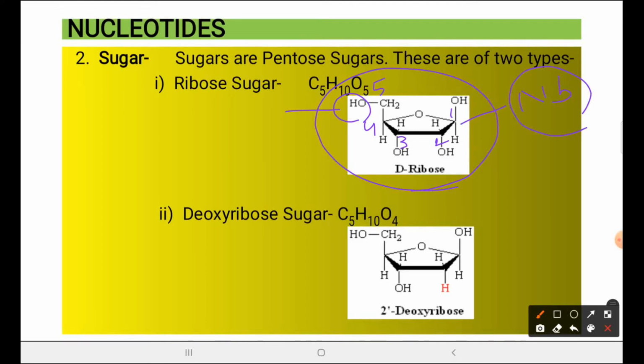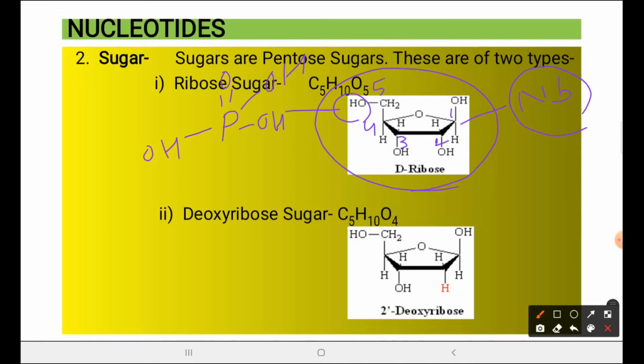But as far as the fifth carbon atom is concerned, to it the phosphoric acid is attached. How is it attached? Here there is the presence of an OH group in the fifth carbon atom. Then to this the phosphoric acid is attached. Look, P double bond O, then OH, OH, got it? Then here it is OH, got it?